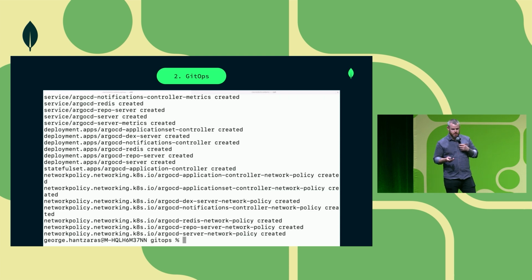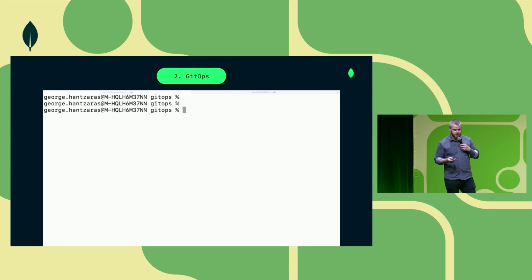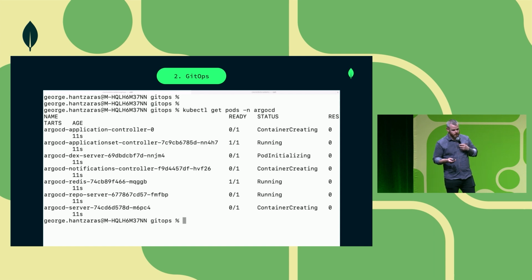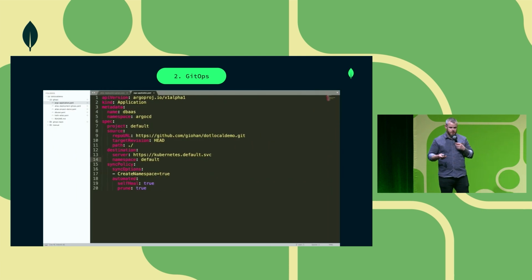And we'll be able to see that the Argo CD operator pods have started running in the Argo namespace with this next command. Now we've got that running, we can actually create an Argo application. So we're defining the Git repository that Argo CD will be watching, and we'll find that our new IAC files.